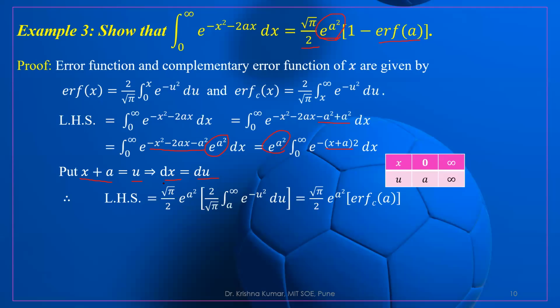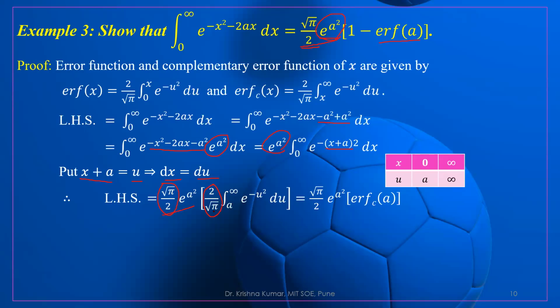Okay, how are we getting root pi by 2? We are multiplying by root pi by 2 and 2 by root pi, because in the case of the error function, we need the expression 2 upon root pi. So this is missing over here. So we multiply and divide by root pi by 2, so that the 2 will be cancelled and we get 1. This is why we are taking root pi by 2, and it is also given on the right hand side. So this is our first part, root pi by 2 into e to the power a square.